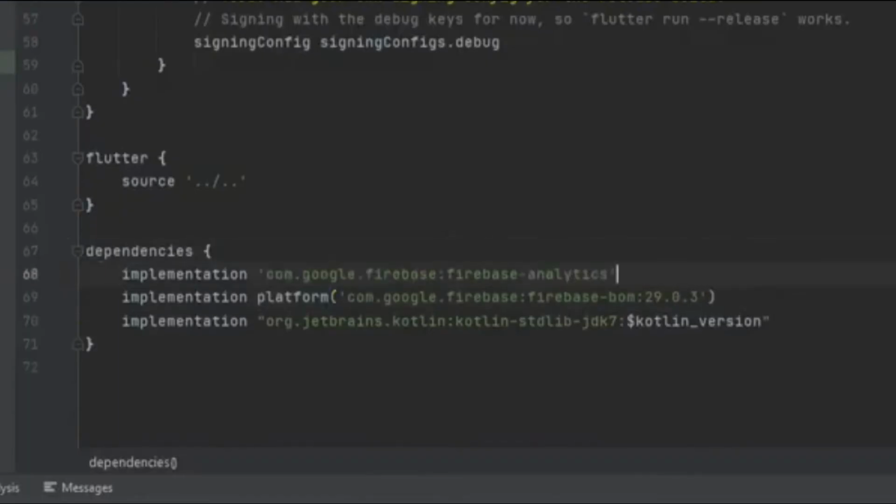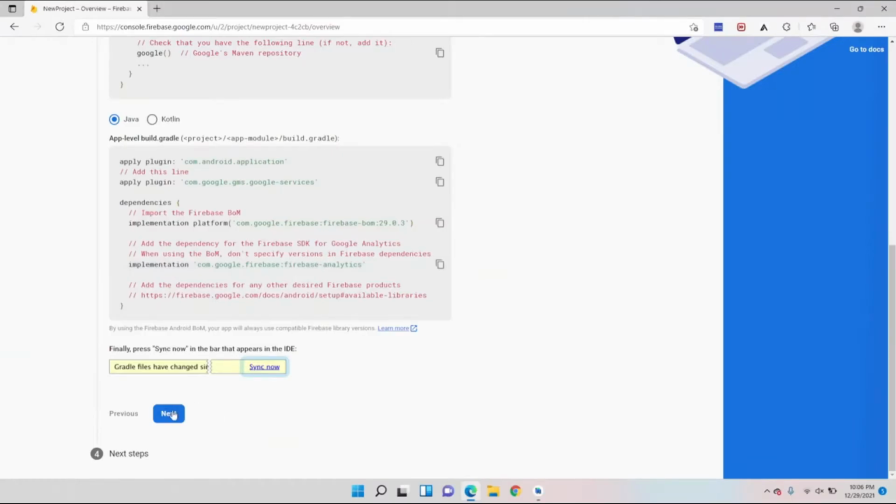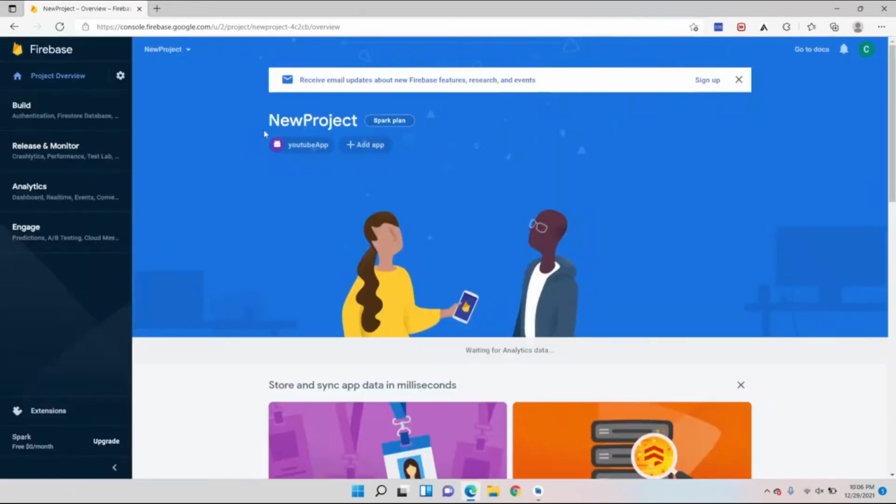And it's the last one. Okay, we are done. We'll hit next and continue to console. So this much setup is done.